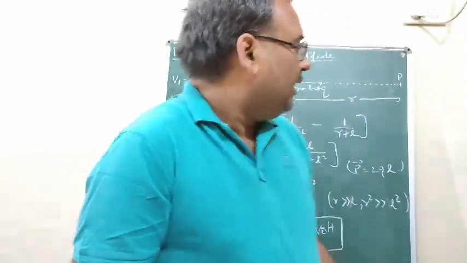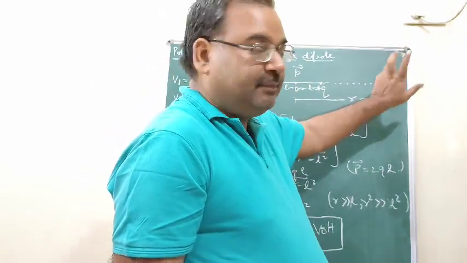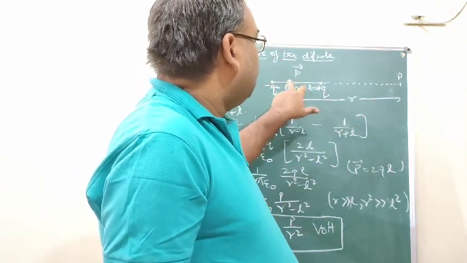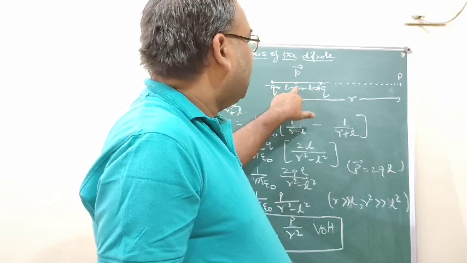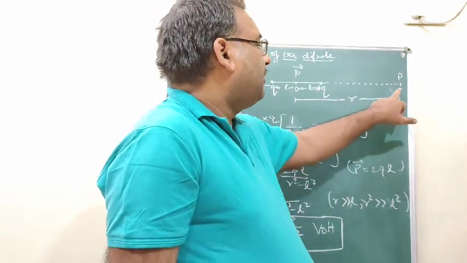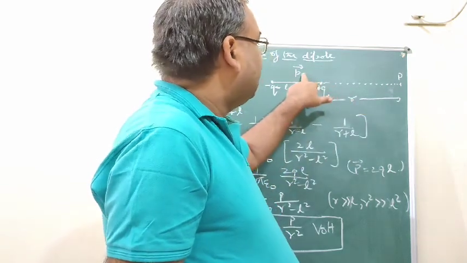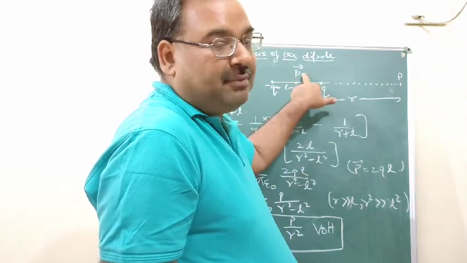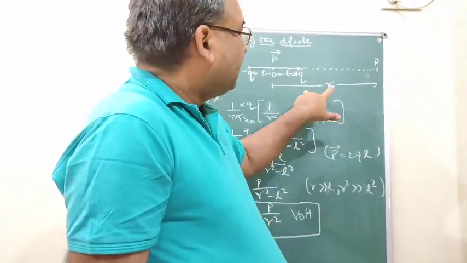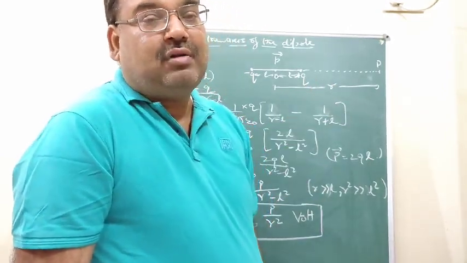So, let us take a dipole here. We have taken a dipole. This is the axis of the dipole. We have taken P here. Okay, the dipole is of length 2L. We have taken the midpoint as O, L and L, and from the midpoint we have taken the distance of the point P equal to R. Okay, the P here denotes the direction of the dipole moment. It is from the negative to positive. R, the distance of the point P from the center, is much greater than the length of the dipole.